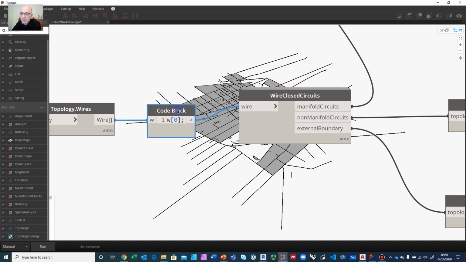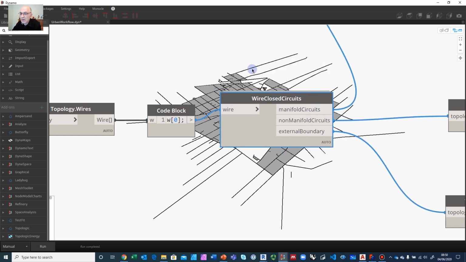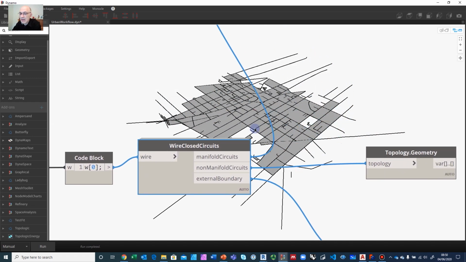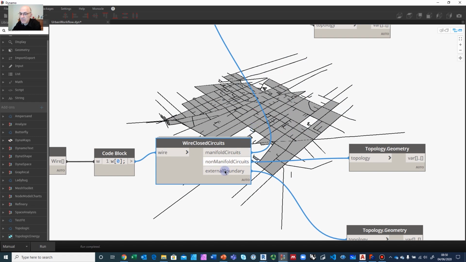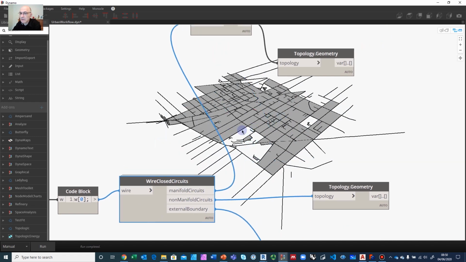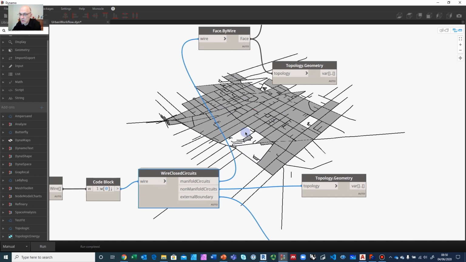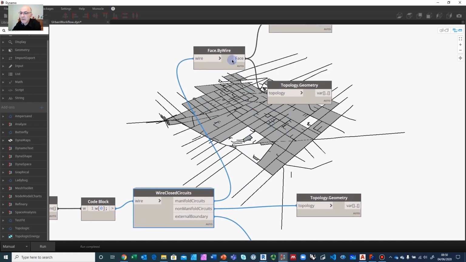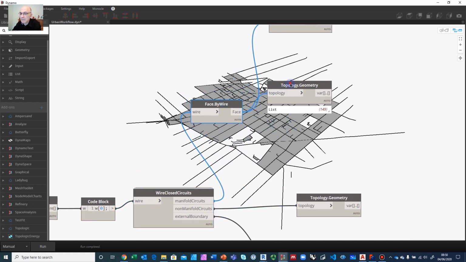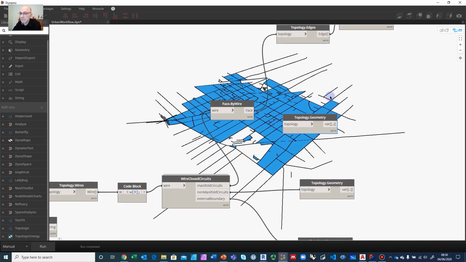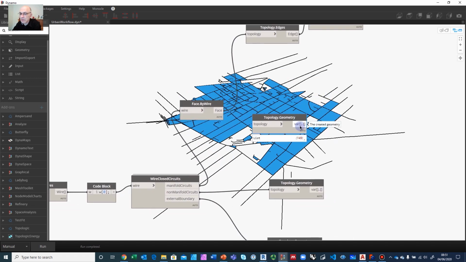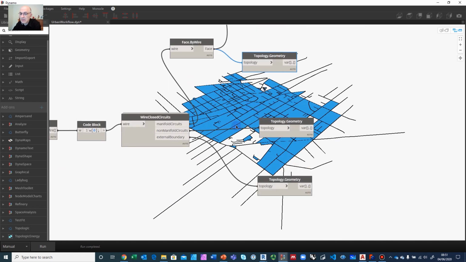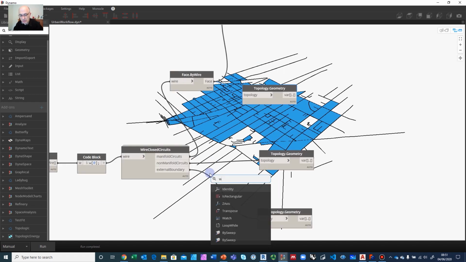So we take a look at this wire 0 and we again pass it to wire.closed circuits. And in this case now, it gave us manifold circuits, which are closed. These are the dark gray ones. And we are able to build a face by it and convert it to Dynamo geometry here. So 149 faces worked well, but if we do a watch panel